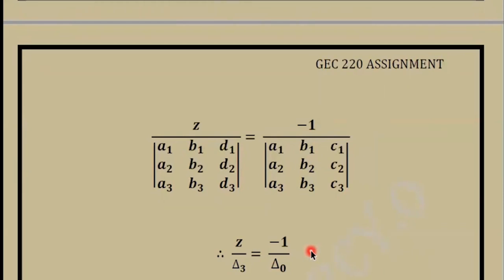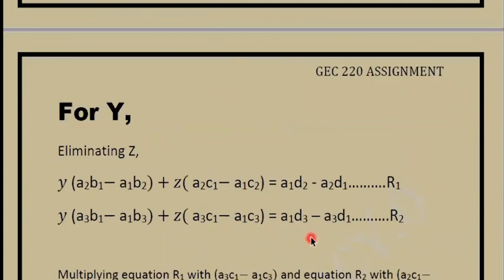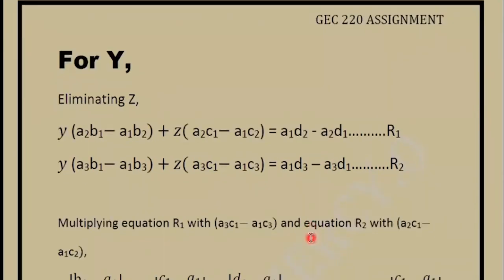But you see, we still have 2 more variables to get before we can say we are true. So we're just 1 out of 3. So let's proceed for y. We're going to go through the same process again, but this time we want to be eliminating z. And instead of going all that far to the beginning of the beginning, we will just pick our R1 and